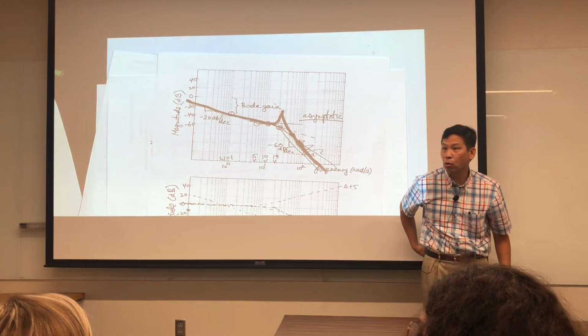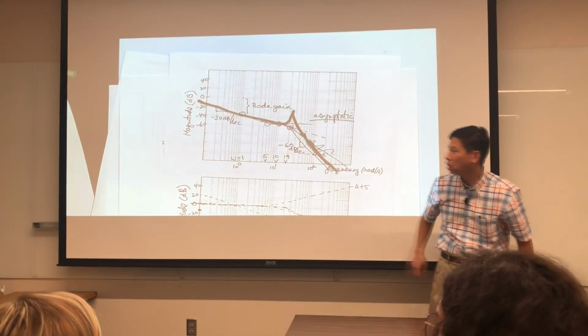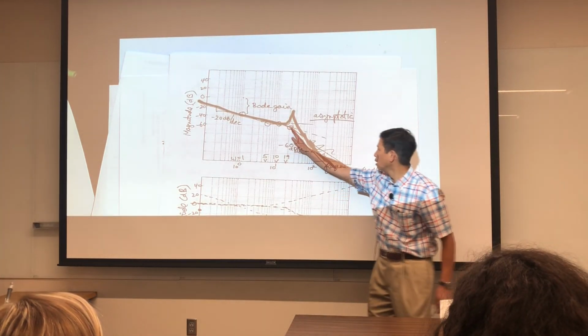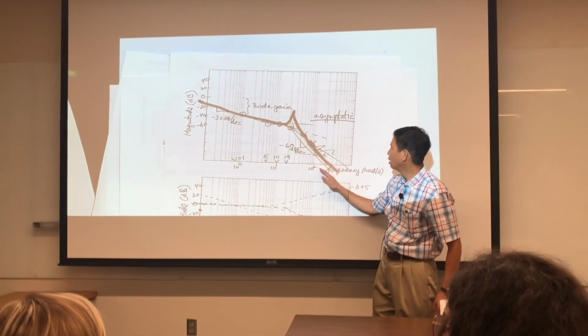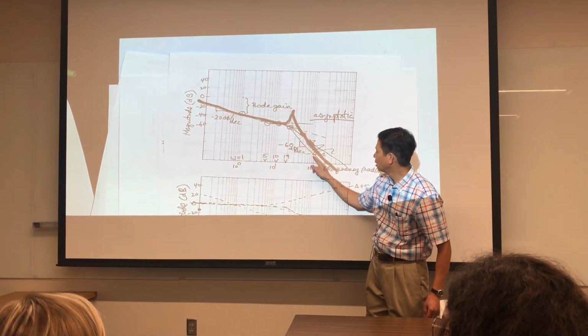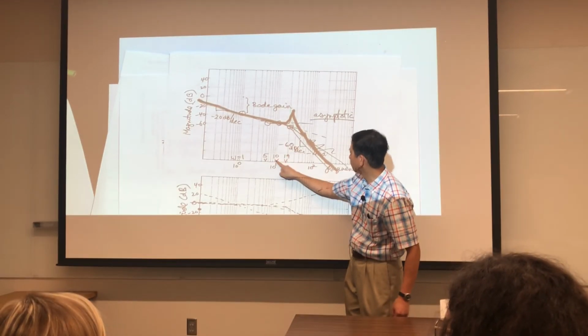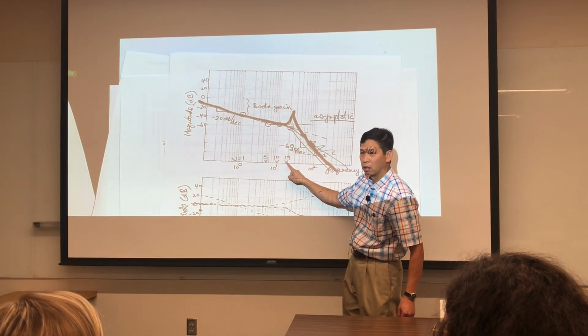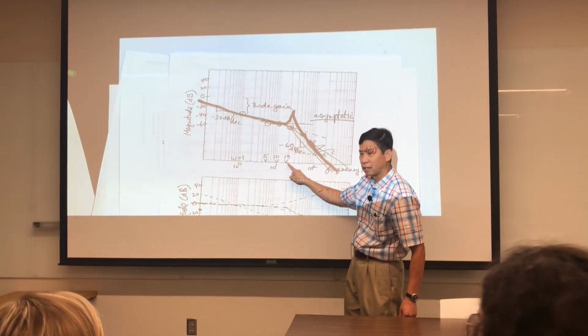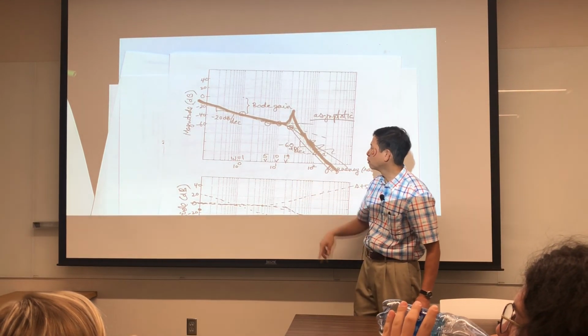Okay? Yes, question? On the negative 60, right here? Because you're already going negative 20 dB and then minus 40. Yeah, negative 60. Yes, between here and here, it was going minus 40. So beyond here, it should go negative 60. That might be a little bit more clear when